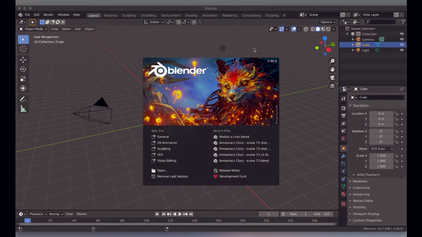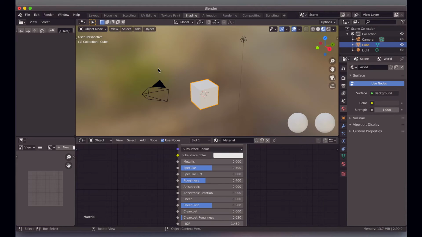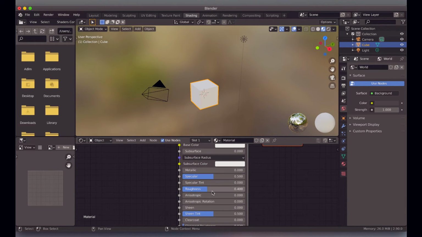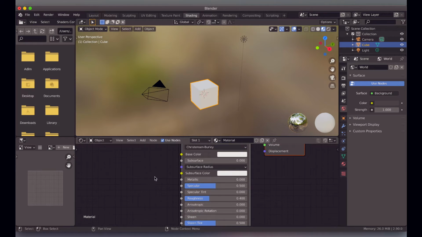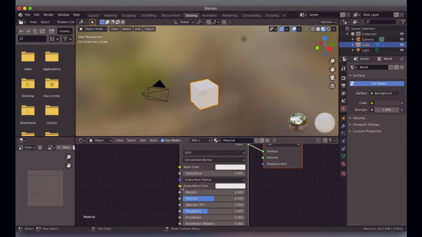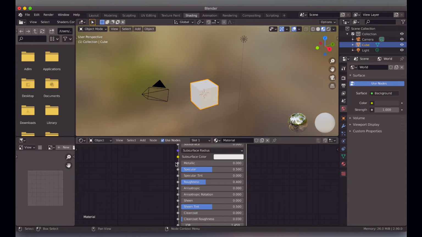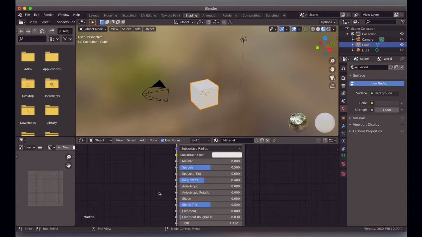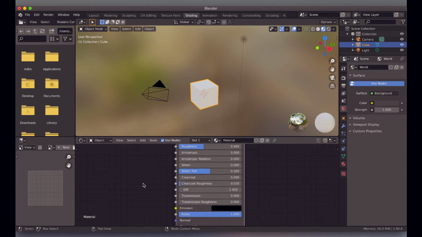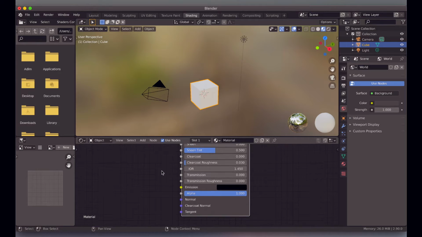Within our shader last week, we looked at the Principled Shader. I spoke about how it's got all of these adjustments over here, and that the only things you need to change are your base color, whether it's a metal or a dielectric, or you adjust your roughness according to your reflections or your specular. And then I spoke about your emission, and then over here your normal. So what happens is that